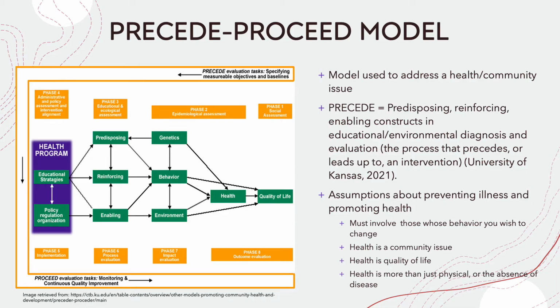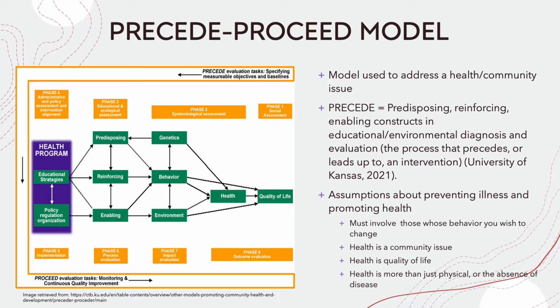As you can see on this slide here, the Precede model is actually an 8-step total program. The first 4 steps are with Precede, with the last 4 being in the Proceed, or actually implementing what you're wanting to implement. The overall goal of this model is to address health and community issues. So overall, you're trying to identify what a problem is and then help implement something to solve it using this model. In this presentation, we're actually only going to be doing the first half, the Precede, and not the Proceed